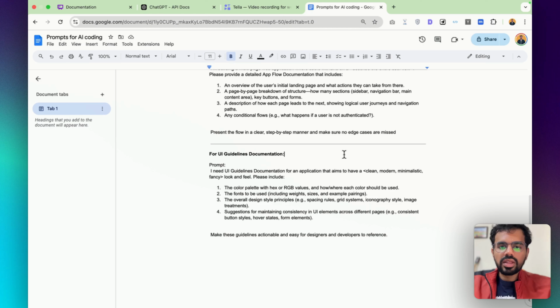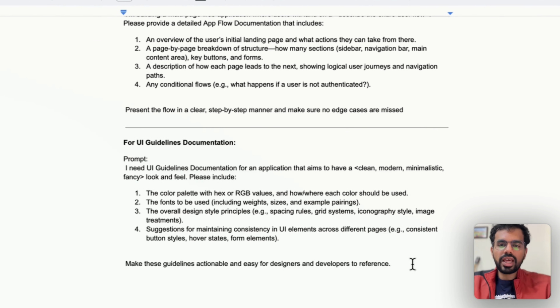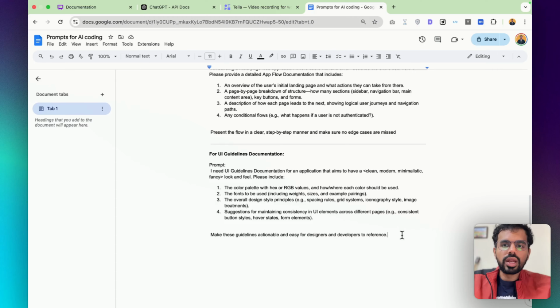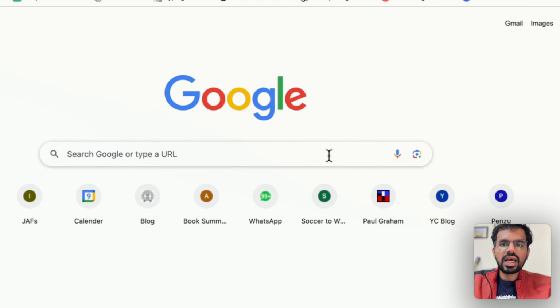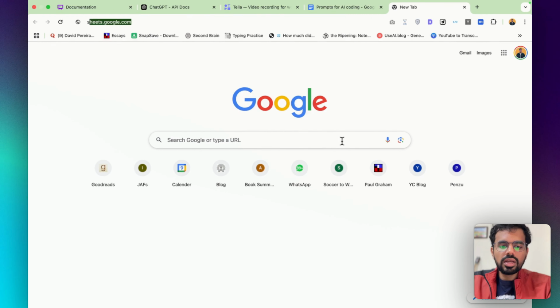And last, the UI guidelines within the documentation. So here you would be mentioning the kind of color palette or how the design of the page should be. What works best for me is while I'm giving this prompt, I also take some screenshots of the websites I want my app to look like. For example, let's say I'm building a SaaS app and I want the design to look really clean, so I will go to some of the inspirations. For example, I would go to some of the websites that I like in terms of design. I will take some screenshots and I will put them into GPT along with the prompt to come up with the exact UI guideline for my app.